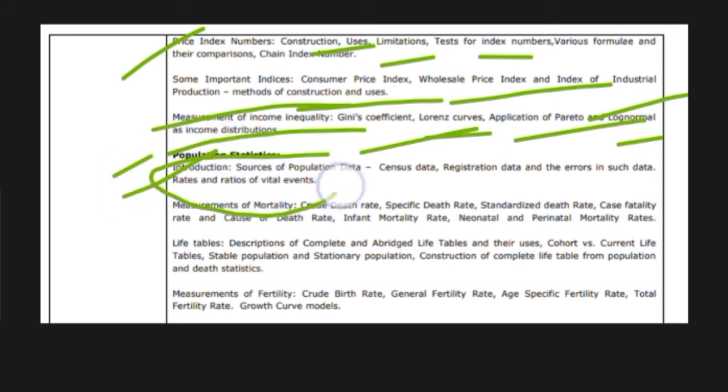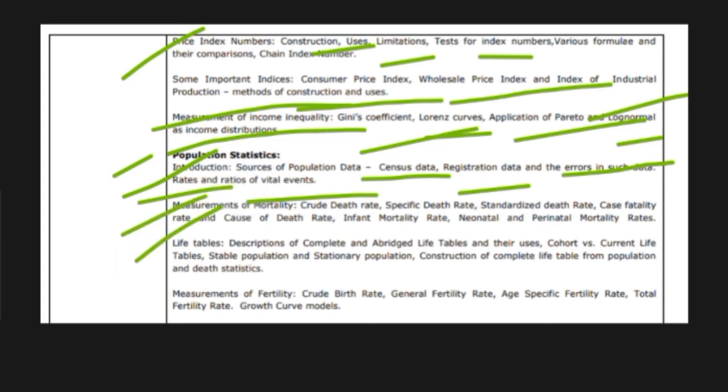Then there is population statistics, and here you will get questions on sources of population data, then census data, registration data, then other errors in such data, rates and ratios of vital events. Next, you will also get questions from measurements of mortality, that is crude death rate, specific death rate, standardized death rate, case fatality rate, then cause of death rate, infant mortality rate, and other neonatal and